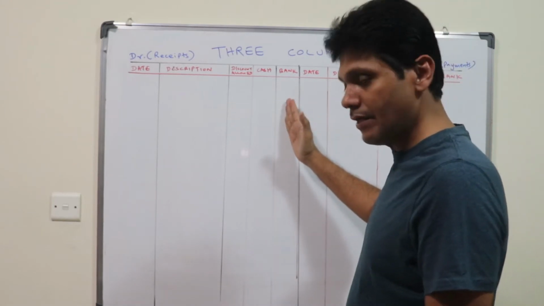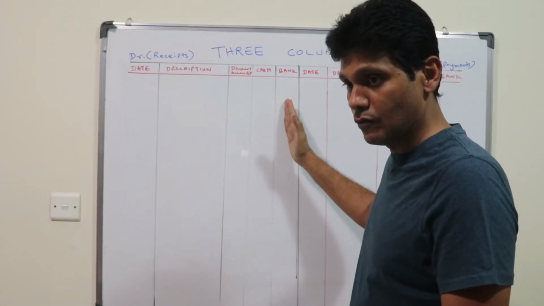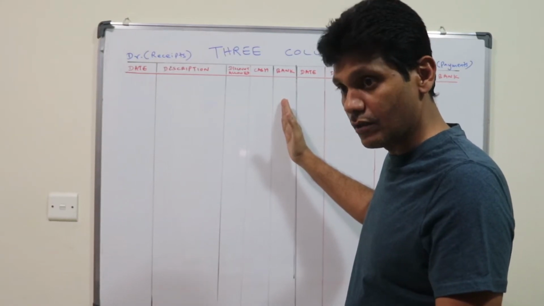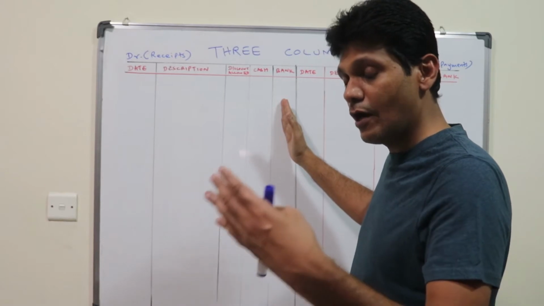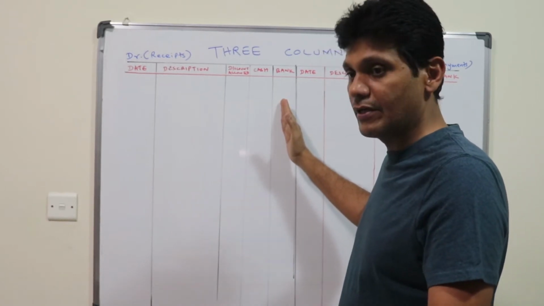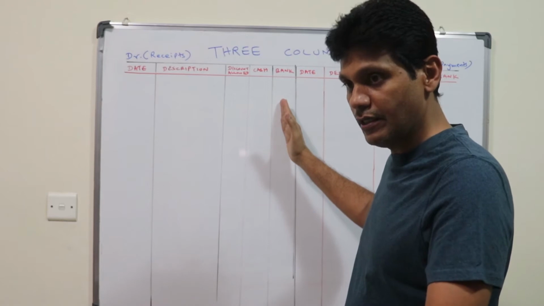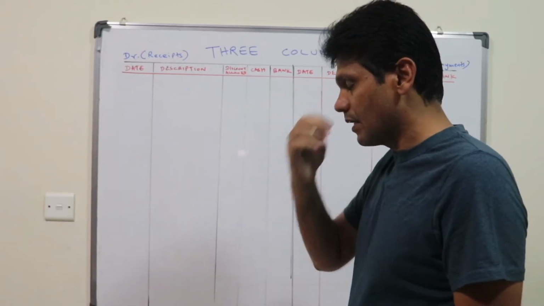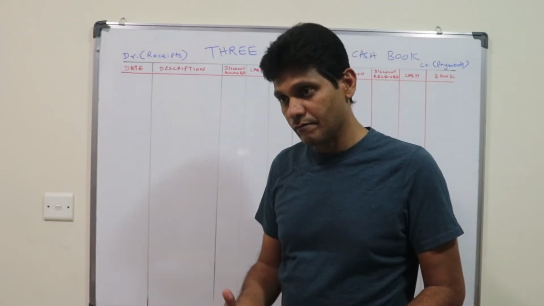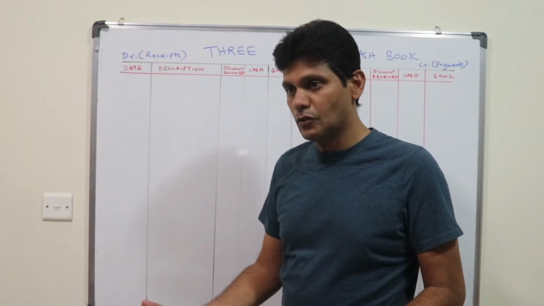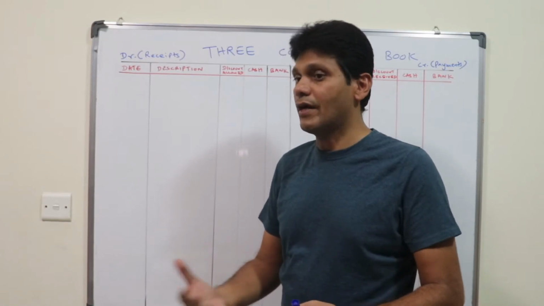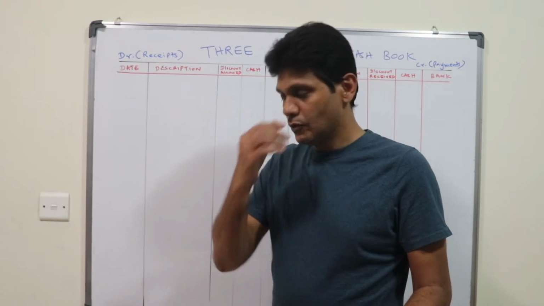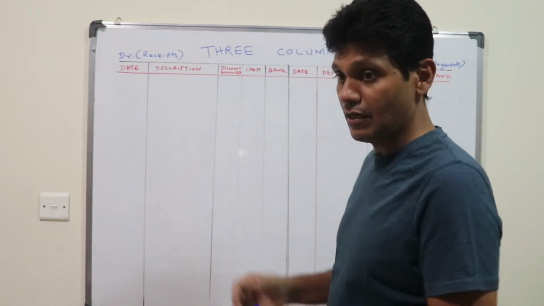To do bank transactions, what do you have to do? First and foremost, you need to open a bank account with the bank. You fill up an application form and deposit money, and thereby you can open a bank account. Normally companies open a current account. There will be savings accounts also, but if you have a savings account, you can't do transactions with customers and suppliers. So here what you need is a current account.